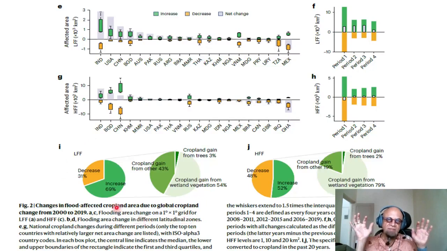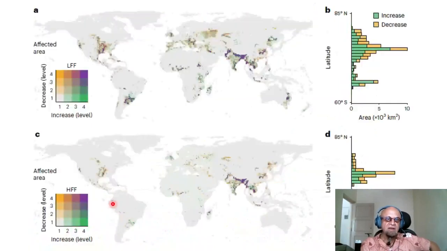So you have background intensity, duration, frequency, and scale of floods changing, and you have croplands themselves changing as well. So you have to worry about those. You can start these here again, similarly increasing level, decreasing level for low frequency floods, and decreasing and increasing levels for high frequency floods with the latitudinal distribution. You can compare to see which ones are changing which way.